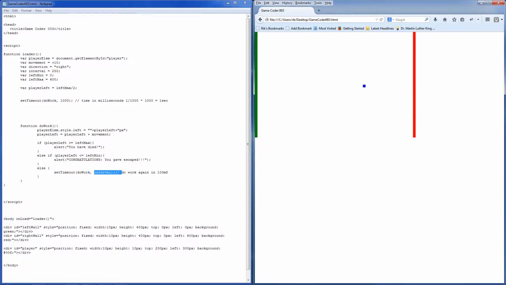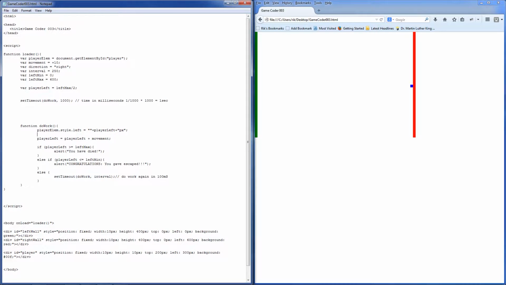Currently we're still going to the right. So we're still hitting the you have died clause. You have died. Okay. So I'm going to change this line now. I'm going to say if direction, okay, if right